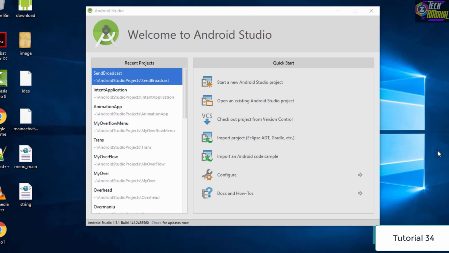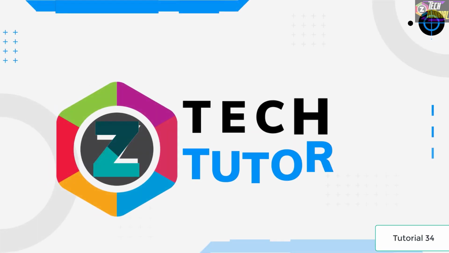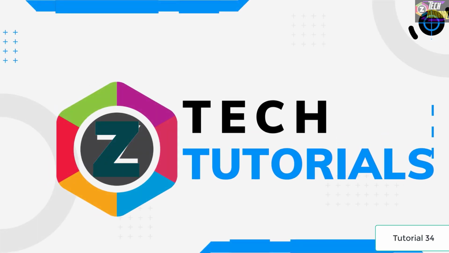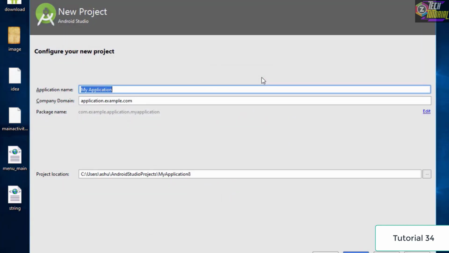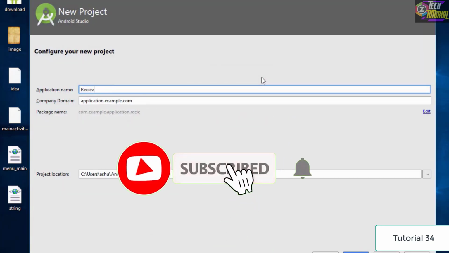One thing you'll need to remember is that in this case we are going to create a completely new project. So we exit out of the old project and start a new project, and let's name it receive broadcast.